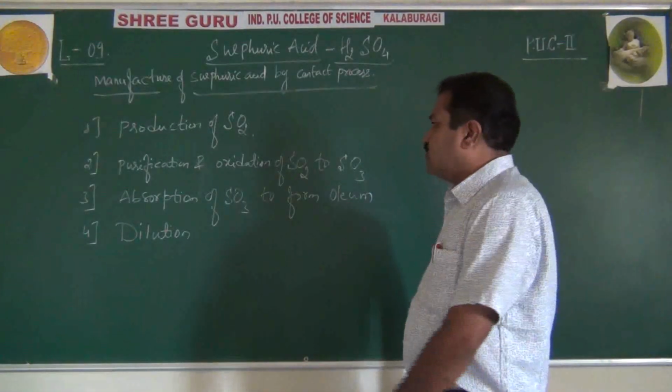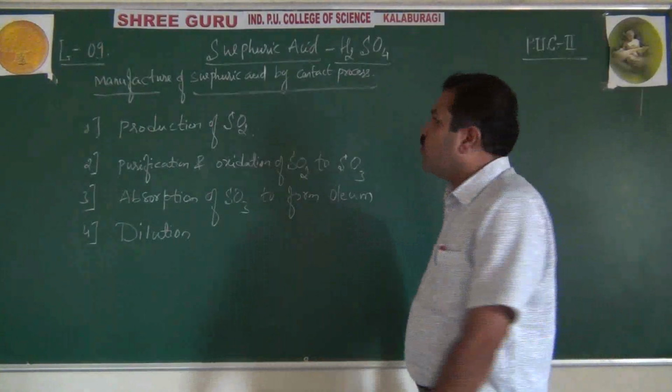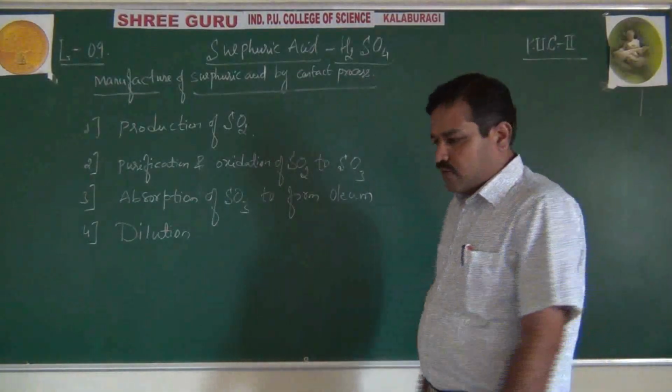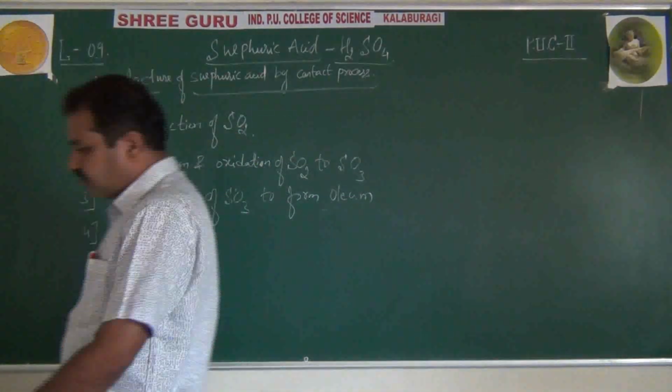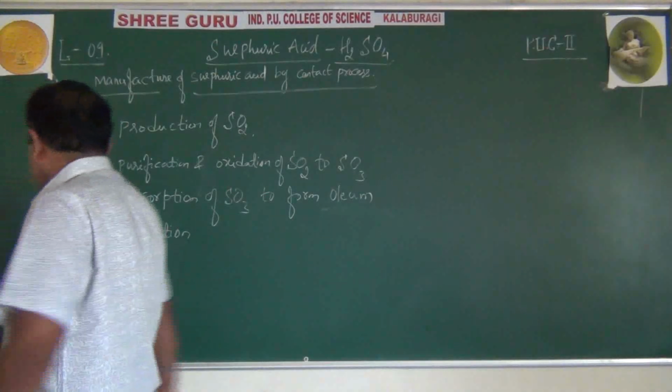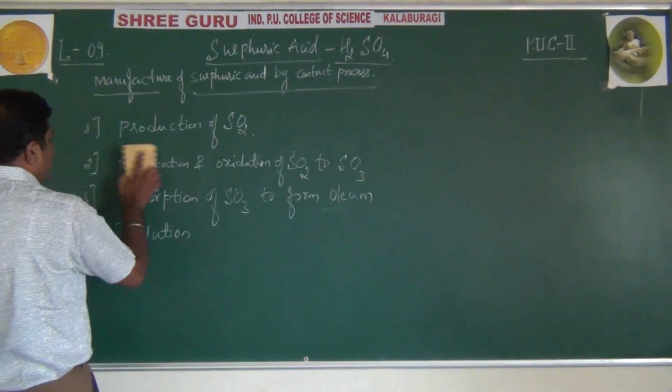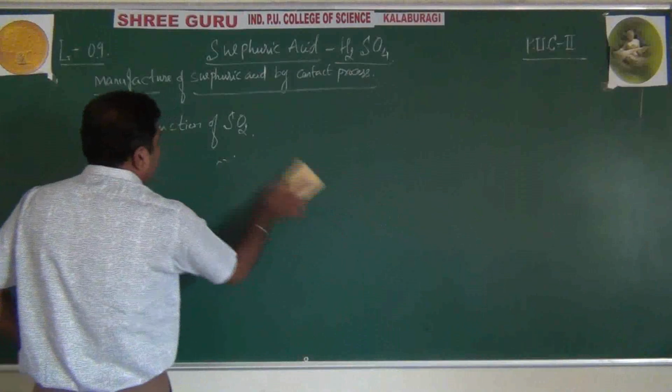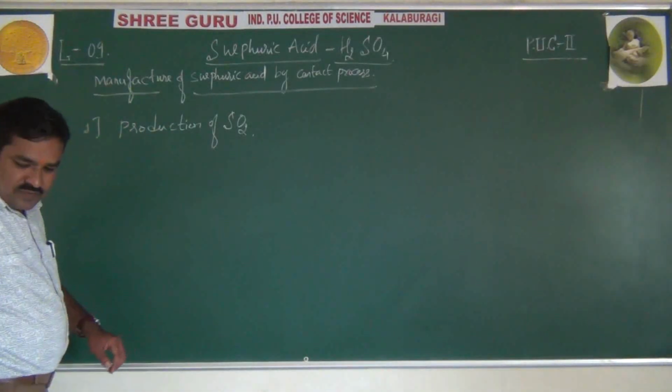Okay, and these are the 4 steps. I will tell you one by one. Okay, students, see, in this particular first step, that is production of sulfur dioxide,